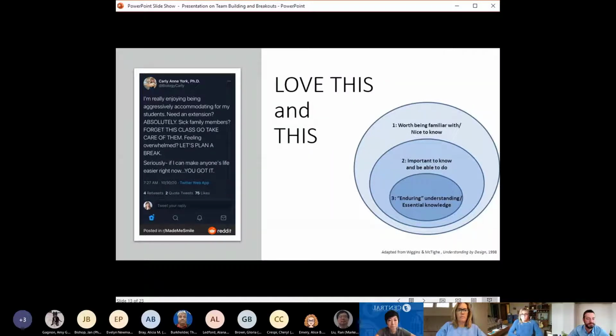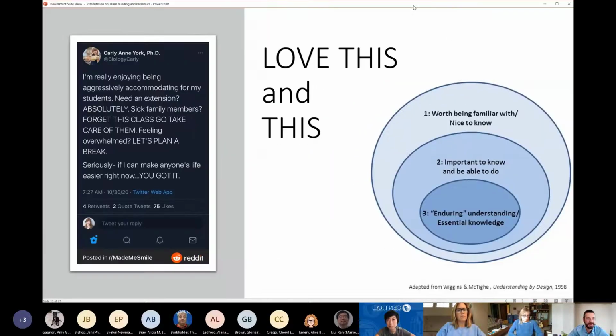Just some more perspective. I saw this on Twitter the other day, or I think it was actually in a Facebook group for higher education, and I just want to read it to you. I'm really enjoying being aggressively accommodating for my students. Need an extension? Absolutely. Sick family members? Forget this class. Go take care of them. Feeling overwhelmed? Let's plan a break. Seriously, if you can make anyone's life easier right now, you got it. And I just like the perspective, I think,